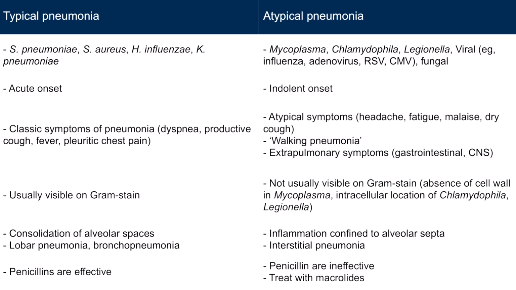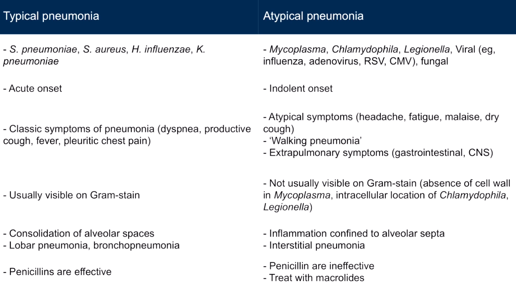Another difference is that the pathogens of typical pneumonia are usually visible on Gram stain, whereas those of atypical pneumonia are usually not. This is due to their atypical characteristics, for example, the absence of a cell wall in Mycoplasma and the intracellular locations of Chlamydophila and Legionella. Consolidation of alveolar spaces is seen in typical pneumonia, so it commonly manifests as lobar or bronchopneumonia. In contrast, inflammation is confined to alveolar septae in atypical pneumonia, so it produces the pattern of interstitial pneumonia on